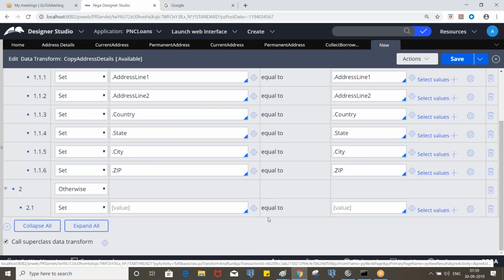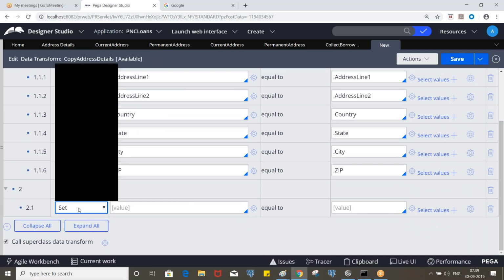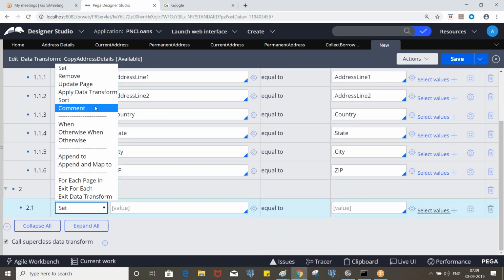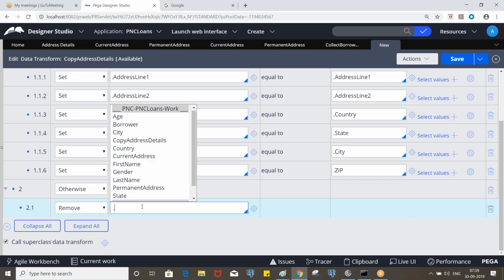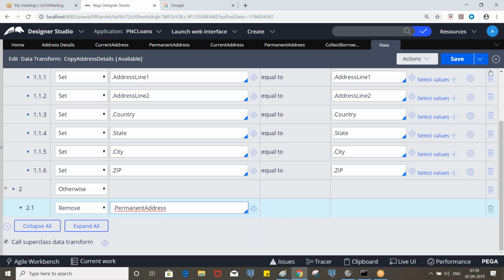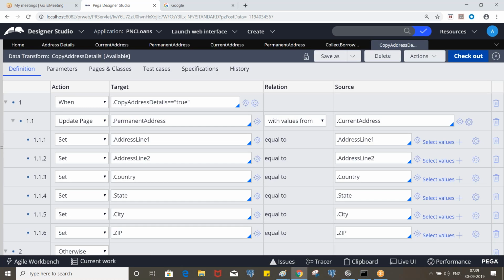Otherwise, what we need to do is, we have a remove, like page remove. That's it, we can remove the page. Clear?